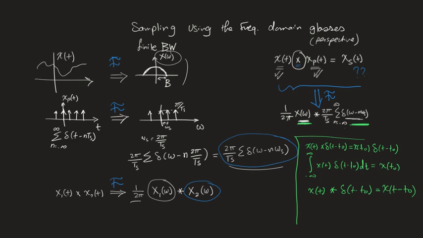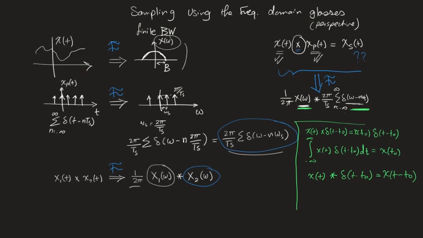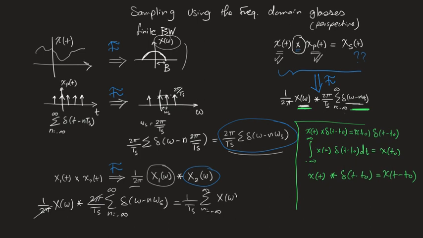So I can say that 1 over 2 pi X of omega convolved with 2 pi over Ts, the summation from n equals minus infinity to infinity of delta of omega minus n omega s, is going to be equal to, let's just cancel these things, 1 over Ts, just a scaling factor, and then the summation, and I can take the X of omega inside with the convolution operation also inside the summation, from n equals minus infinity to infinity, X of omega convolved